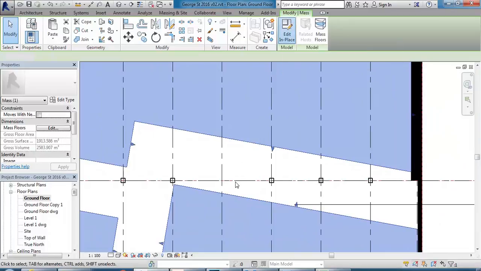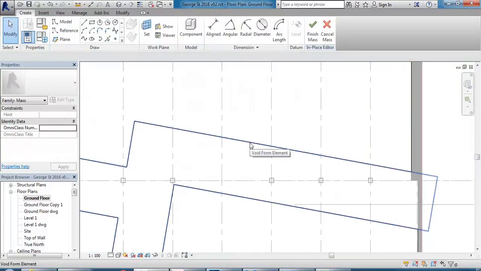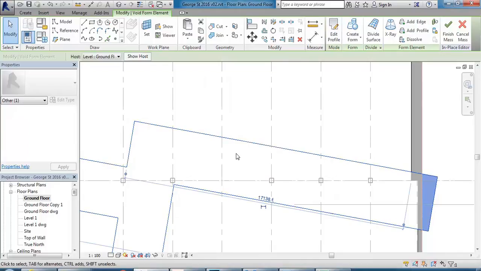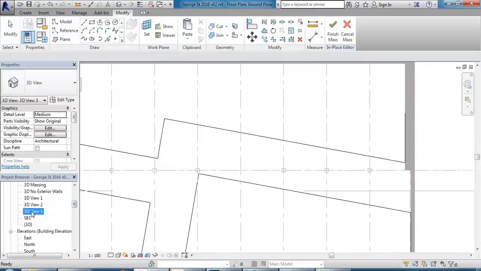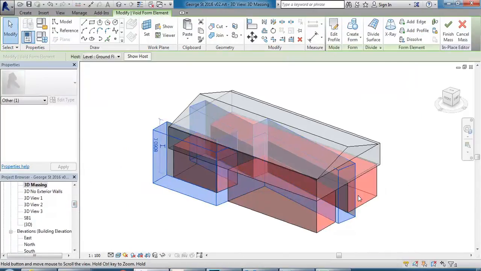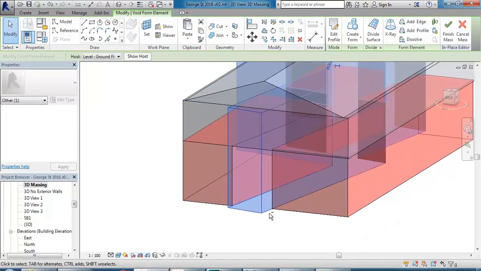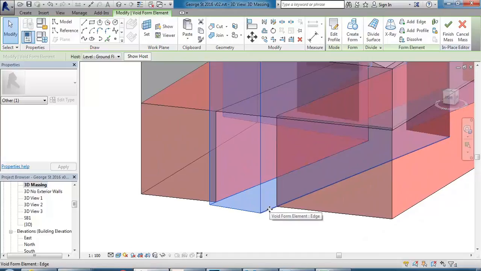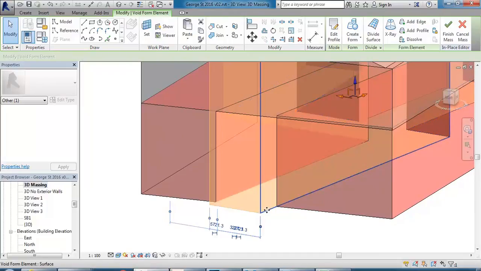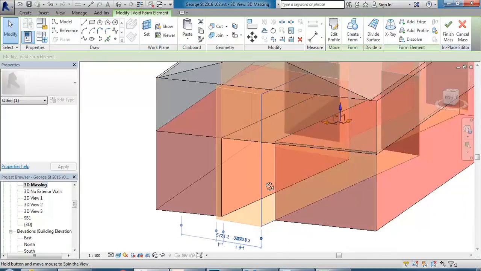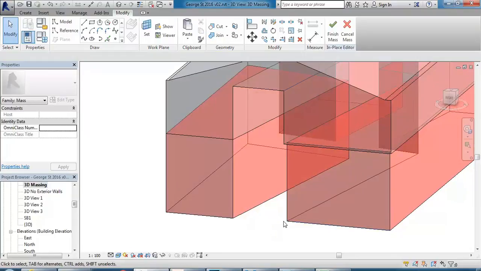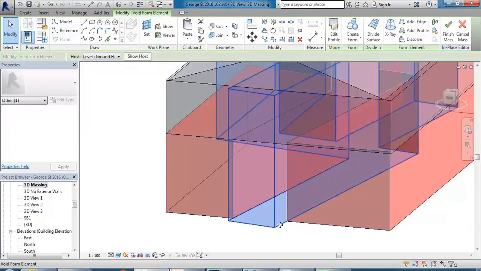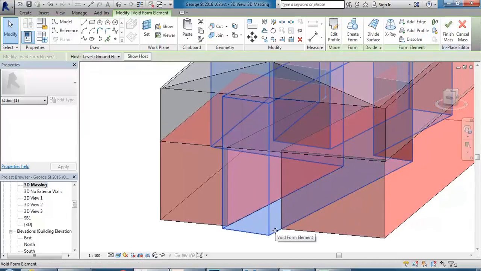And if you go to edit and place, then I have the void that I used to create that hole, and there, if I go to a 3D view where I can see my mass, you just need to be careful once you start manipulating things like this that you're getting the right surface. So I'm going to use tab there to make sure I've got the plane on the right hand side, not just the bottom edge. Because if I select just that edge, well, I've lost the whole thing now, so I'll do that again. Okay, so tab first to select that whole element,